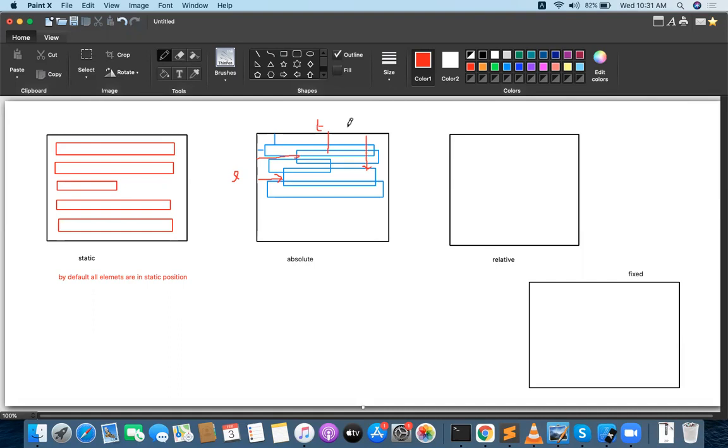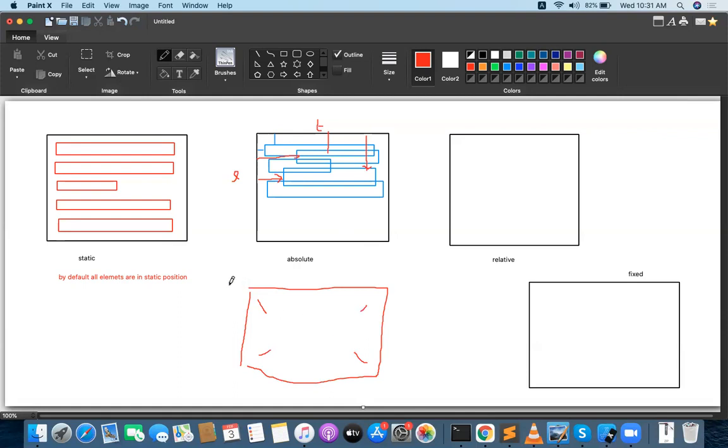Why? Because see how to place an element. For example, you want to place a brick on top of the wall. How do you place a brick? From this side, or this side, or this side, or this side, right? Any corner you have to choose.